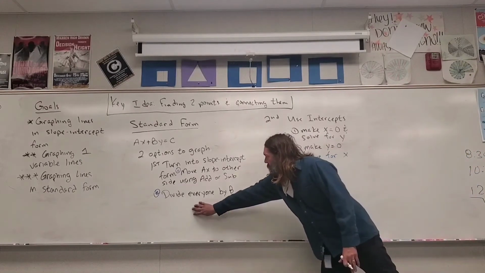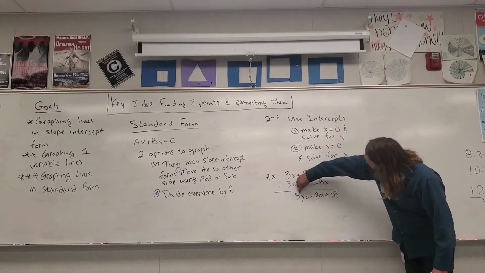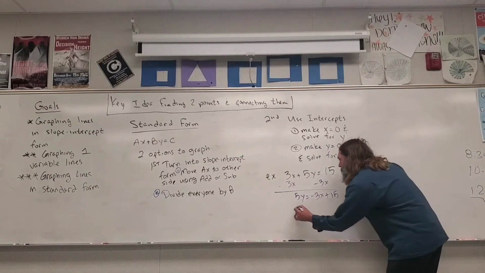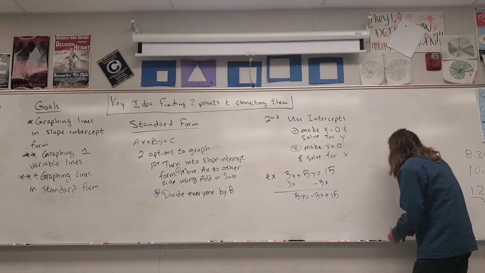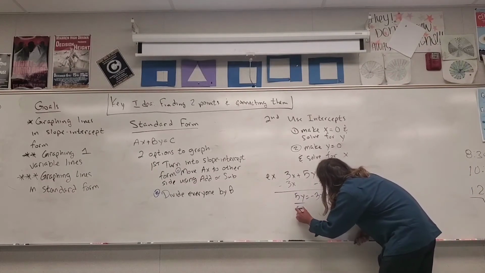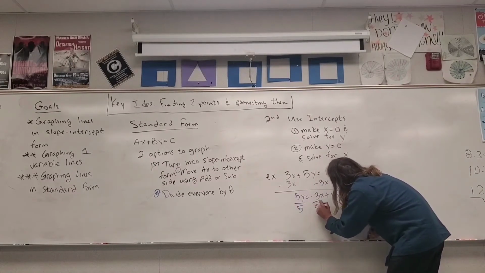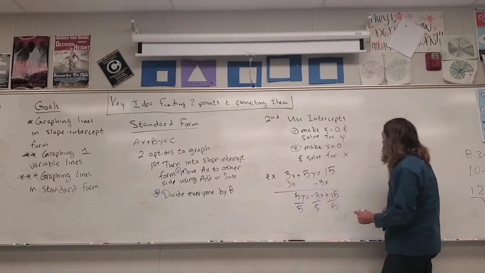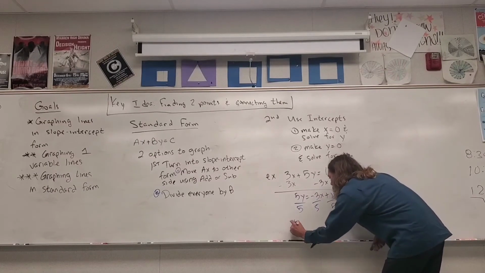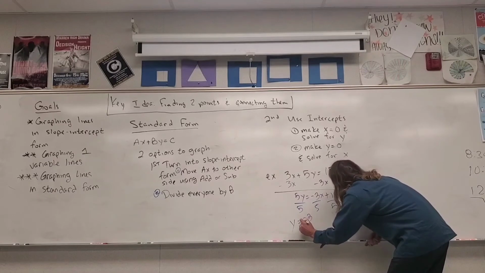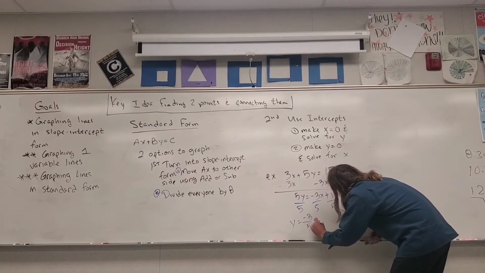The next thing I'm going to do is divide everybody by b. My b value is 5, so I'm going to divide everybody by 5. Let me do a different color so we can keep track of the steps. Divide everybody by 5. And I get y equals minus 3 over 5 x